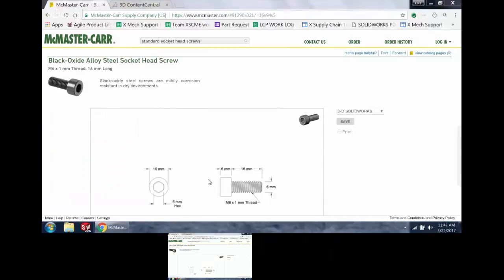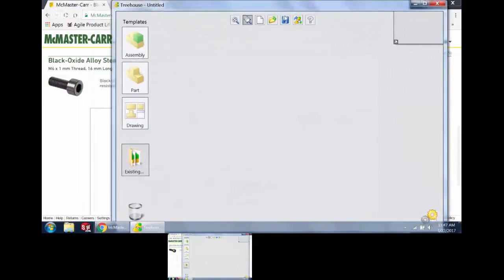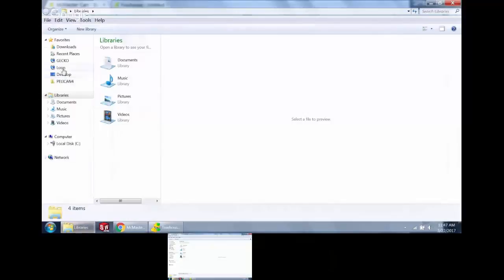So what SolidWorks Treehouse is, it's a way of either taking a look at the hierarchy of an existing assembly, or when you're creating an assembly, you can actually click and drag and drop parts and sub-assemblies and set up how you want your hierarchy, and it'll actually use your templates and create an assembly based on that. Or if you've got an existing assembly, like I do,